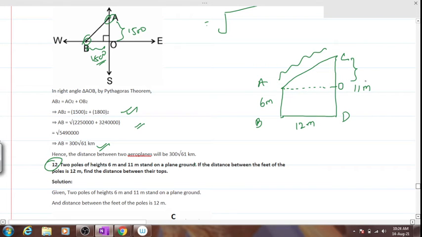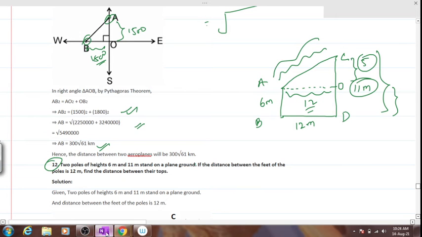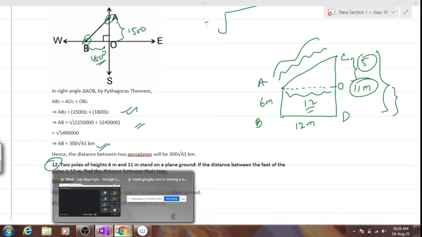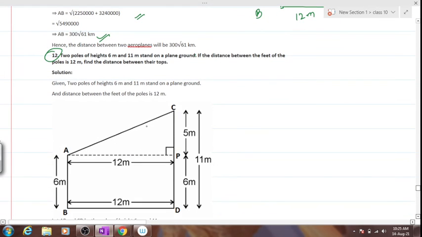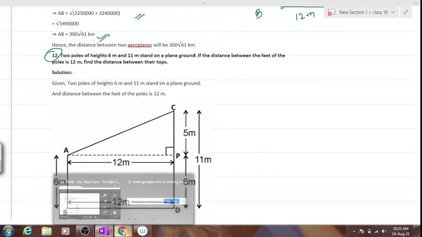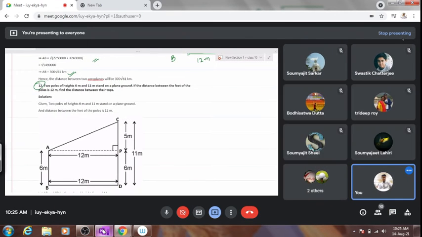CO will be how much? 11, entire 11, this is 6. So this will be 5, yes or no? Confirm. But this is 5, is this 12? Yes or no? Confirm. Can we calculate this? I don't think it's a very difficult thing. Hurry up students, let's see. Who answers this first? Draw the figure and try it out. Answers in the chat box fast.